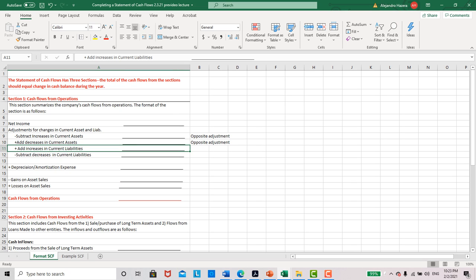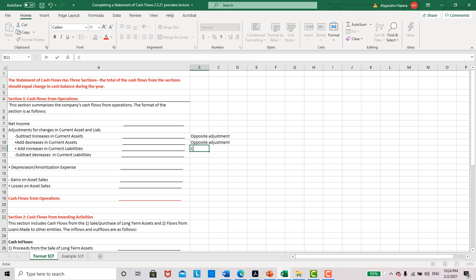So if the change here, it says you add an increase in current liabilities. Okay, current liability spelled with three R's there, by the way. Anyway, so if a current liability goes up, you add it back. If any current liability goes down, you subtract it out. So I call these corresponding